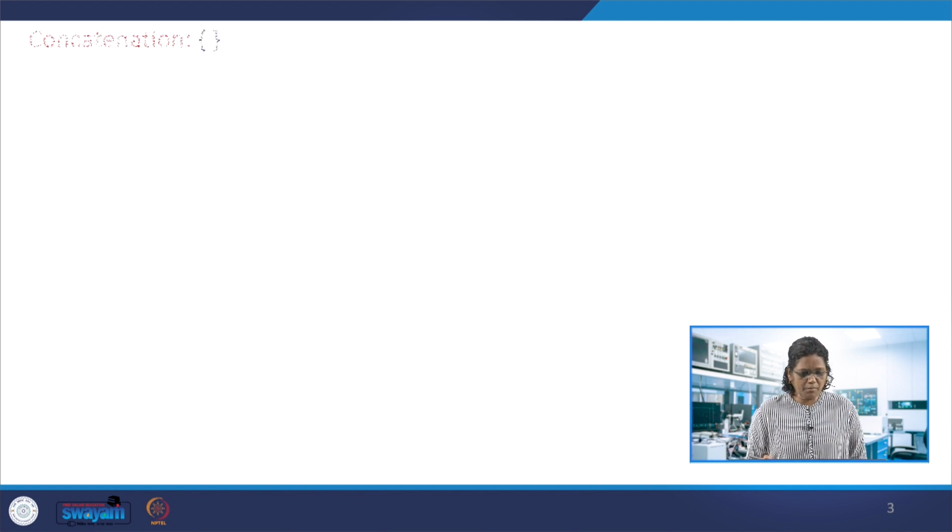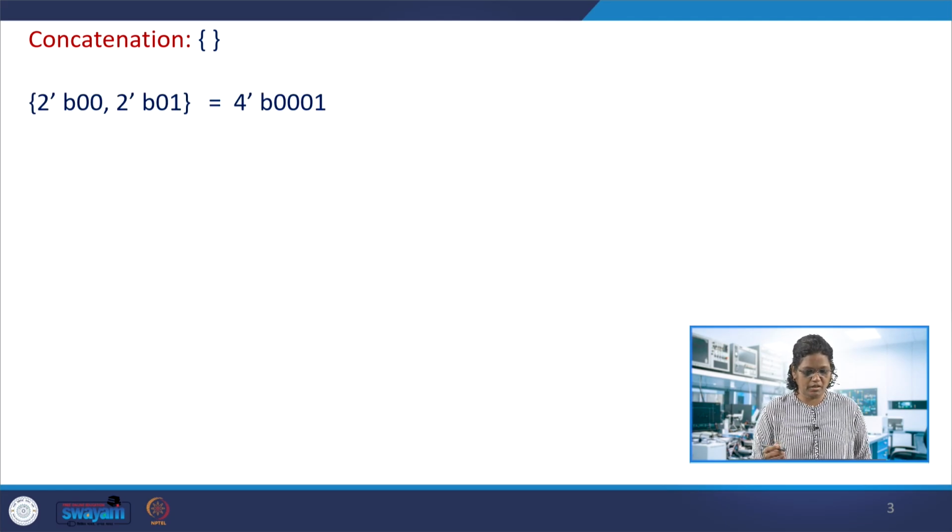So coming to the concatenation operators. The operator is the curly braces, the open and close curly braces. It's in continuation with the arithmetic operators we had seen, then the logical operators, also the bitwise operators and shift operators. The concatenation is another operator which usually combines two bit formats or numbers, or is even used for strings. This is the curly braces.